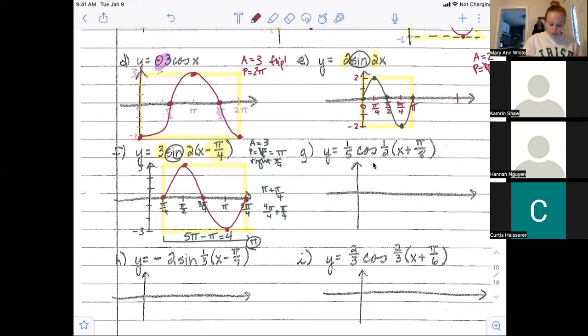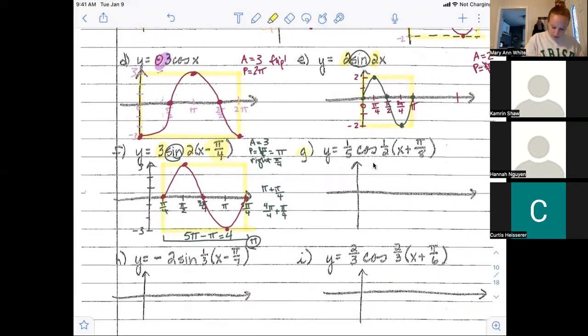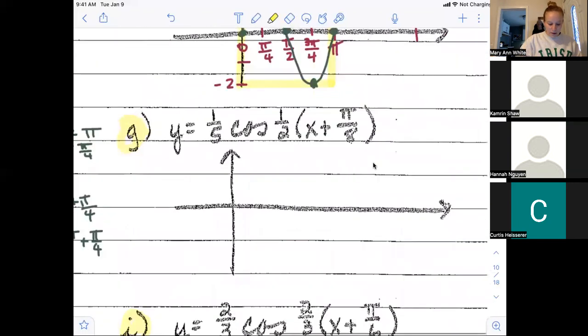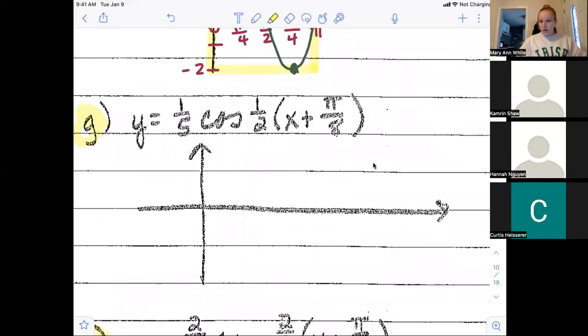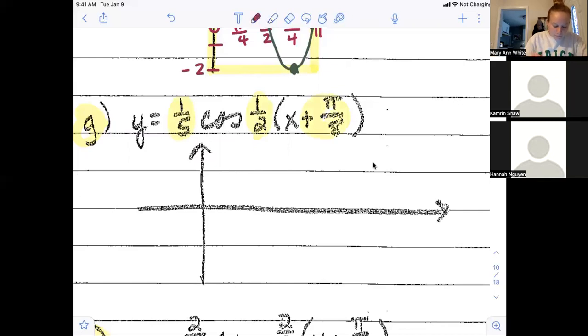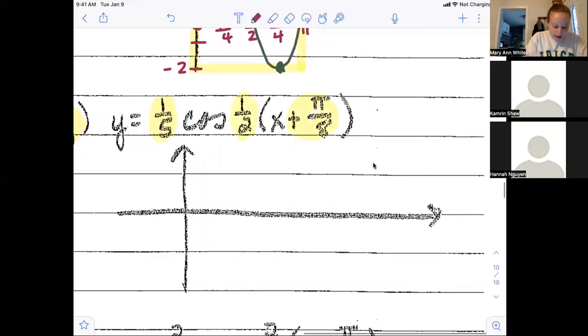So let's jump to letter G. I think I want to do letter G and I. We'll skip letter H for now. So here I'm going to look at what I have. I have 1/5, 1/2, and this plus pi over 8. Okay, 1/5 is my A. And so that's going to affect my,